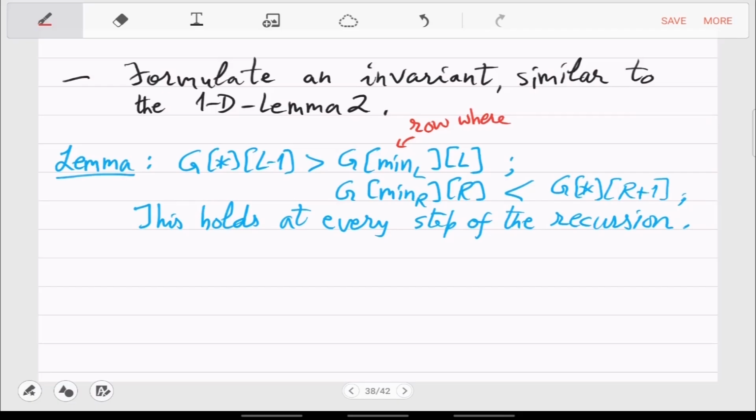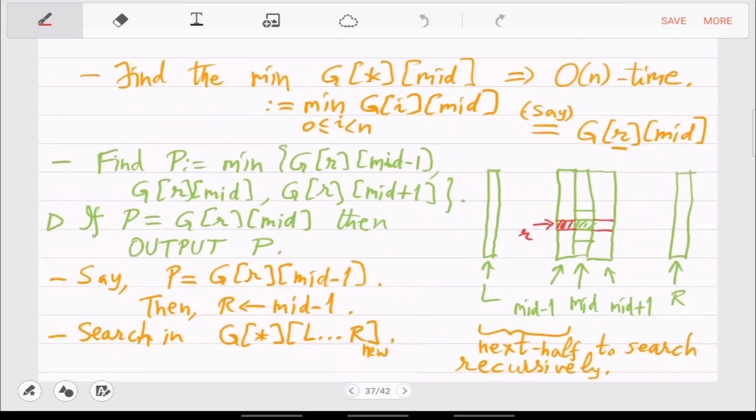Row where min of G star L resides. It is just the row where the minimum of Lth column resides. Just like min R was, in this picture, min R was smaller.